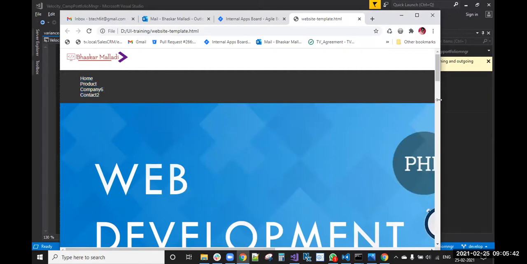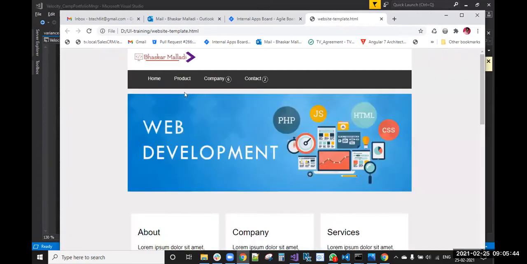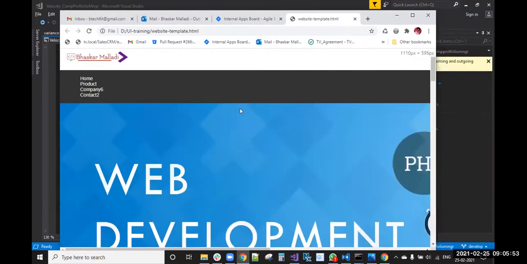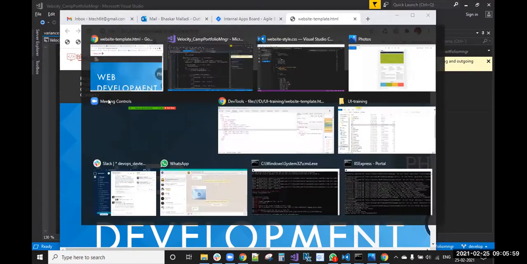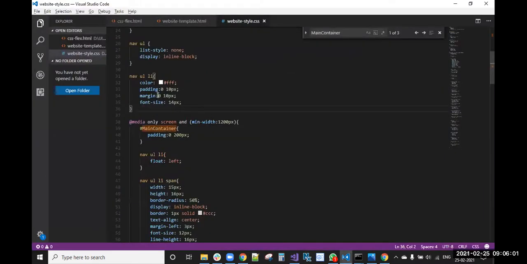When you are moving to the big screen, this float left property is applied here. But when I come here, the float left property is gone. So we will arrange this one. Okay, no problem, we'll do it later.